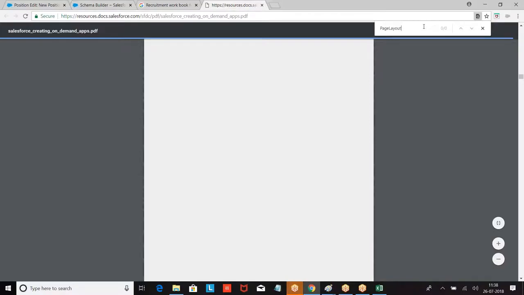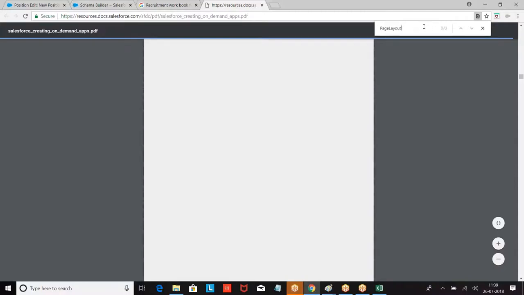So basically, I hope by now you might have understood creating an object, creating the fields, but the UI will be controlled with the page layout. Now we created a lot of fields, but the fields are not displayed on the page layout. Why? Because you have created them using schema builder.